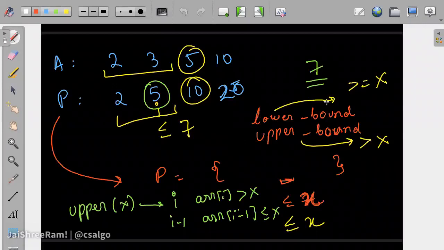So lower bound implements a binary search. We will go into the binary search part in a separate lecture, in a separate live session, so we will cover that. For binary search, you just check the middle part. If it's greater than 7, you go to the right, or else you go to the left. That's all we are doing. So we will discuss binary search separately. STL and binary search is a slightly coupled topic, but we still cover STL first, because you can take this as a black box now and understand them later on. You can implement your own lower bound and upper bound if you wish.